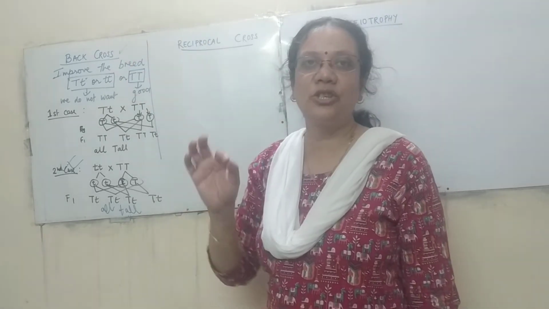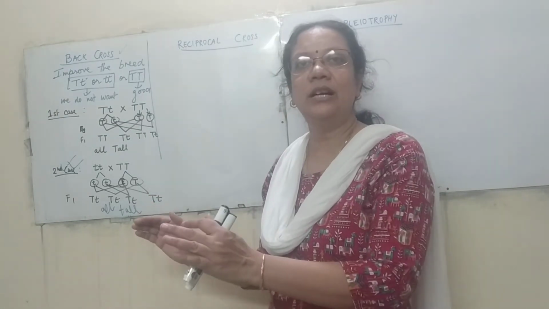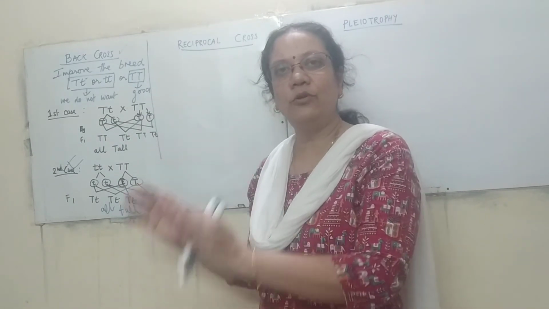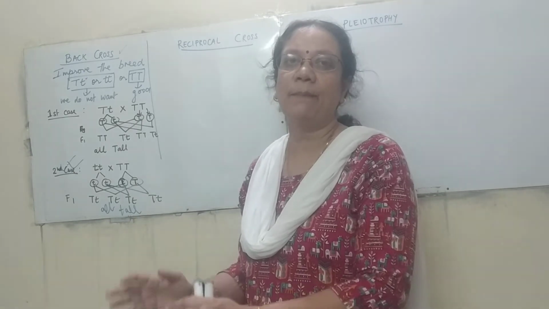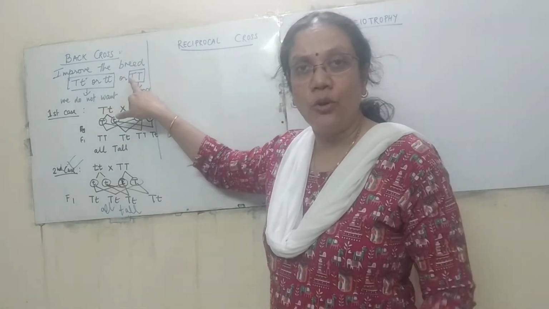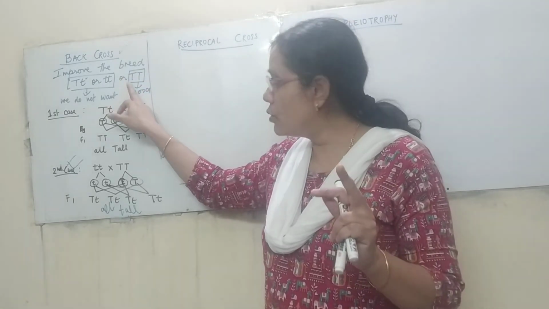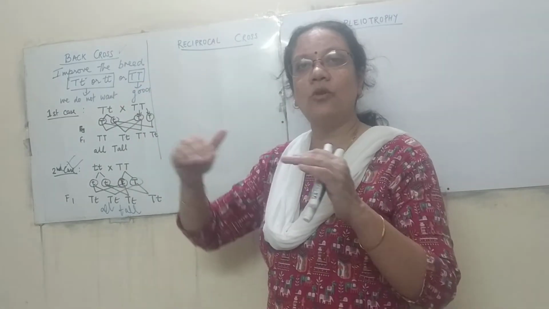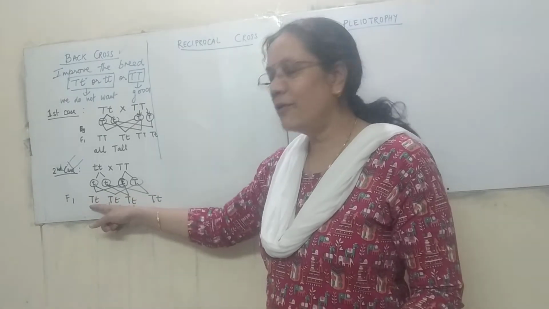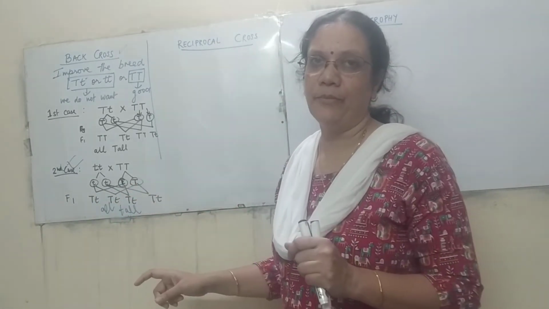If you are considering a sheep with very good quality wool that you want, but you have a sheep whose wool is not of that quality, you have to breed that sheep with another sheep that's pure. It has to be pure. That means it has to be homozygous dominant. Then what happens? All the progeny you are going to get will have the good quality of the wool. Is it clear?